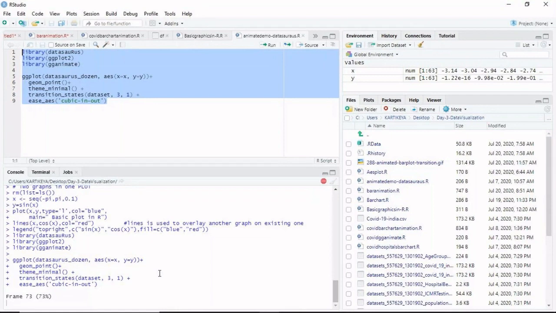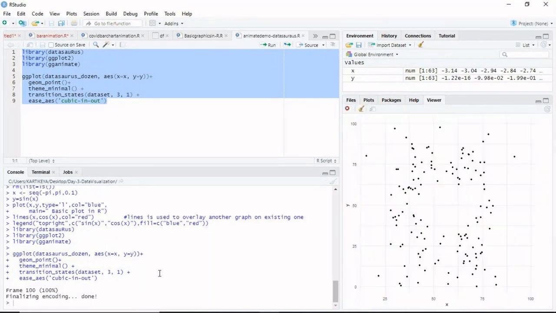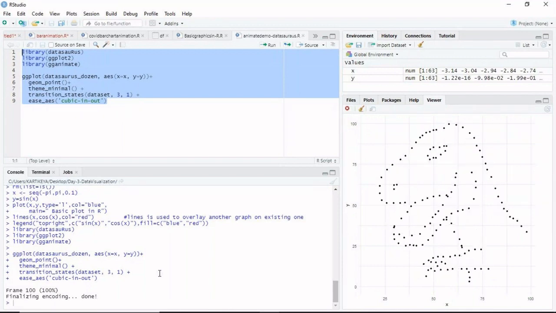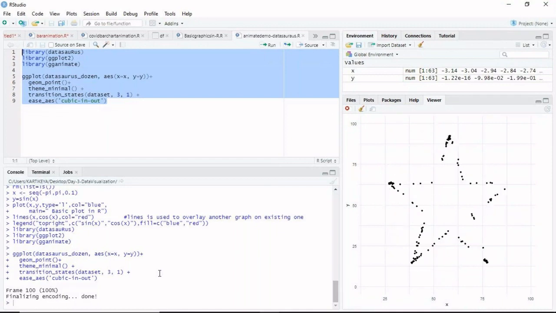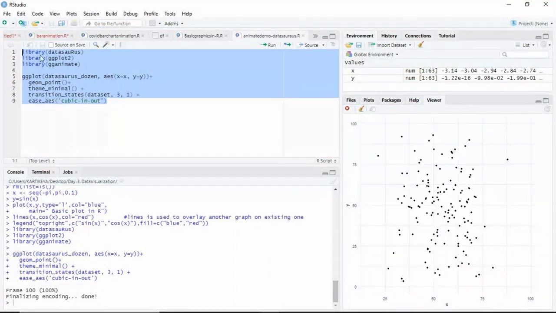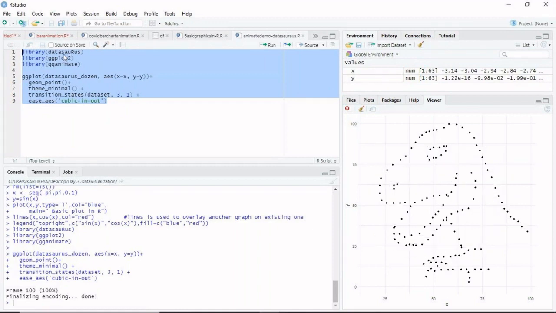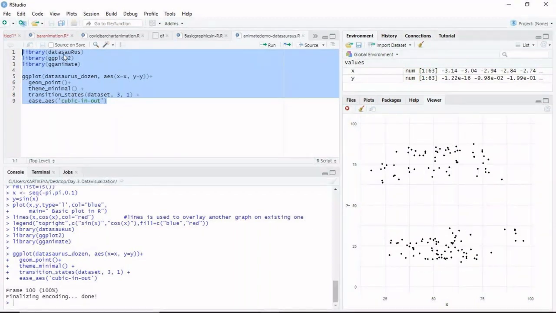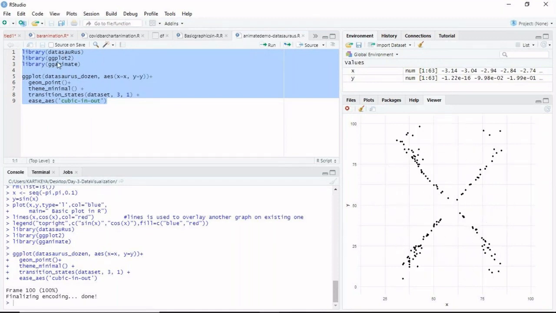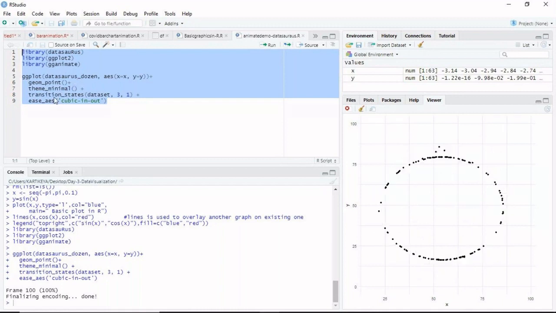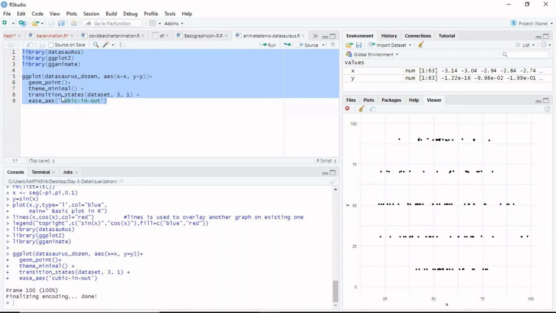So like this, we can plot different interactive animations so that anyone can easily understand. See, it's a simple one. Datasaurus data set. You have taken a random value data set called Datasaurus. It is inbuilt. So library datasauRus is the data set I have imported, which is already present in your R as an inbuilt data set, and I'm using ggplot2 and gganimate to animate this particular data set.